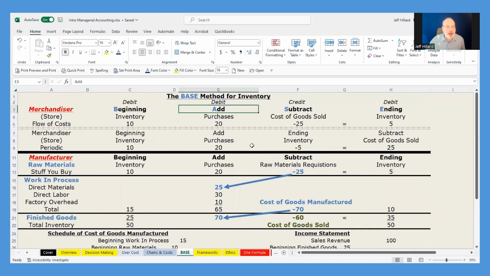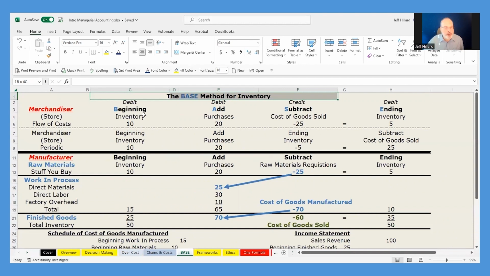We're now going to take a look at another unique feature of practical accounting, the base method of inventory. This really works, folks. We've been using this for years. Okay. We can do the debit and credit thing, but look at it this way. Base, it stands for what you begin with plus what you add minus what you subtract equals what you end